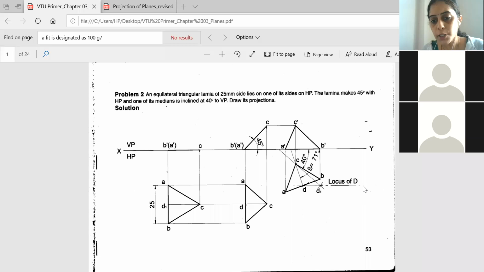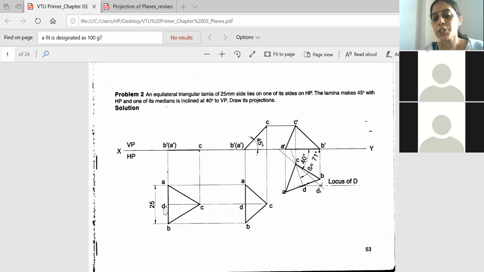After drawing the locus, you will come back to the second stage. In the second stage, the dimension of the median is reduced. So using the compass, again measure the distance from C to D. After measuring the distance from C to D, fix one point as C here, and cut an arc on the locus you have already drawn. It will meet somewhere. This you will name as D.